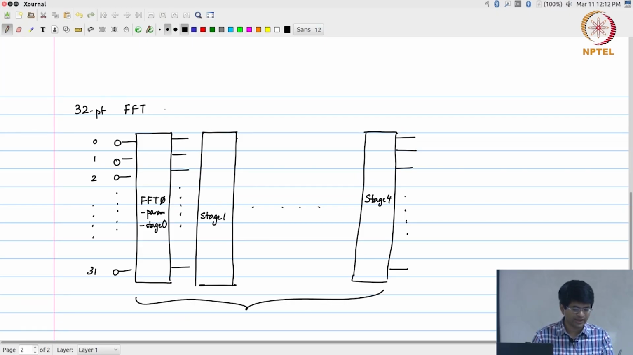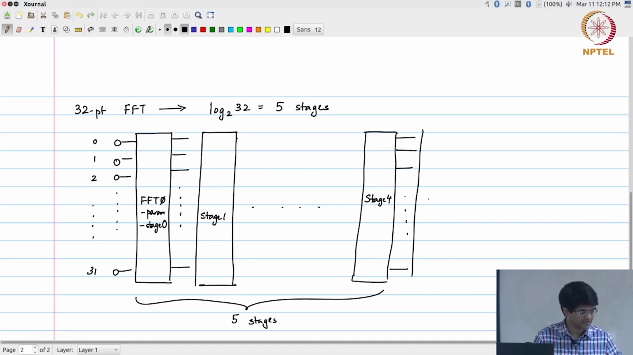Because I have a 32 point FFT, the number of stages will be log to base 2 of 32, or 5 stages. And one more last step is required, which is essentially something called the bit reversal. The reason for this, as you would have seen, is that when the data comes out of these 5 stages of FFT, it turns out that the order in which it comes is different from the order in which it